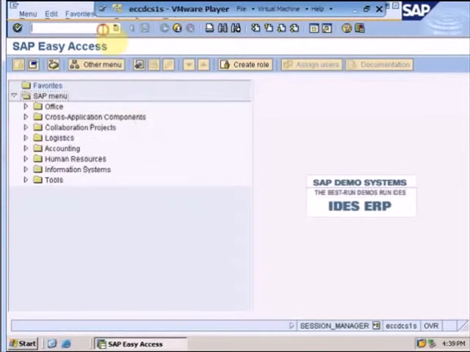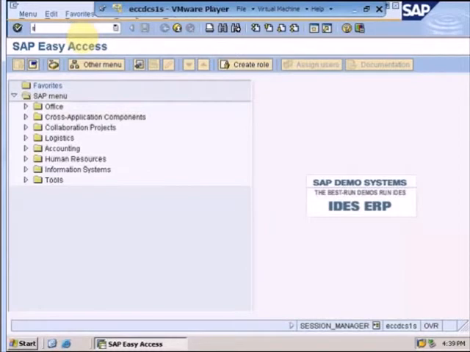In order to configure journal ledger in financial accounting, we first need to create a chart of account. Since chart of account is also an example of a variant, we will again go through the same configuration steps: we will define a chart of account, configure it, and then assign it to our company code.